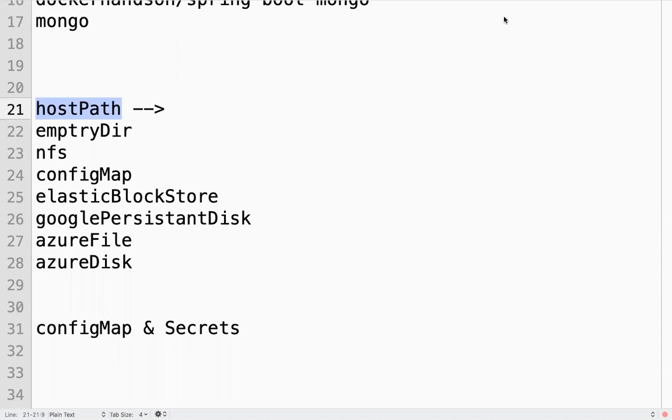If I use a host path volume, where exactly, under which file system, will it use? The host. What is host here? The node file system.